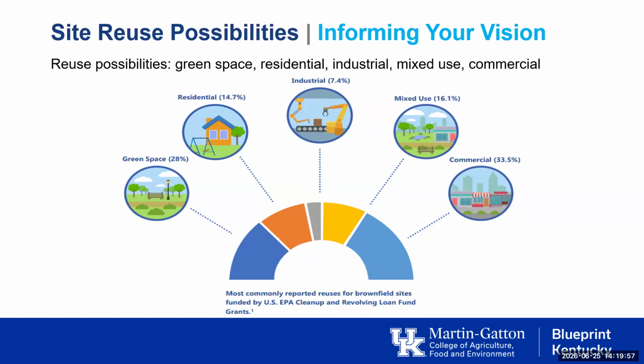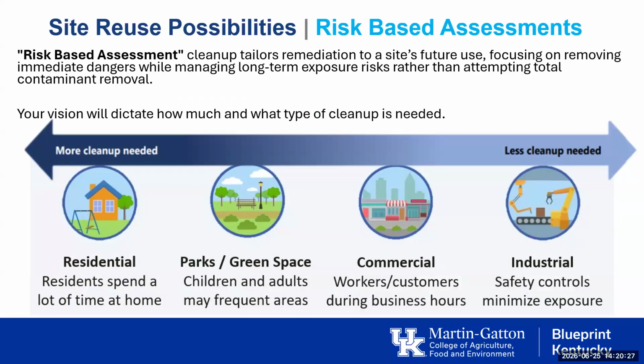So as you're doing the assessment, and you're thinking about all of these things that could inform what your vision could become, just want to think about these five buckets as you're thinking about vision. Really keep these in mind and hold them close, and have some conversations with community members and with your local economic authorities or whomever about which of these five uses you need most of. And then when you're thinking about that, also keep in mind this idea of the risk-based assessment,